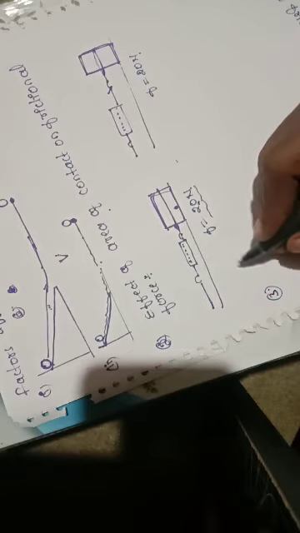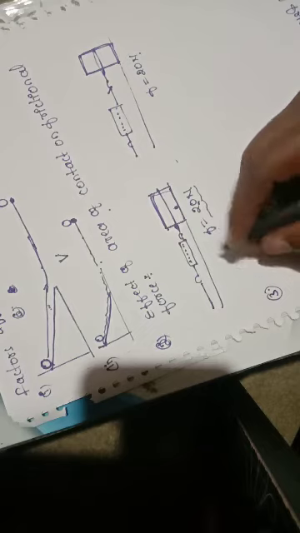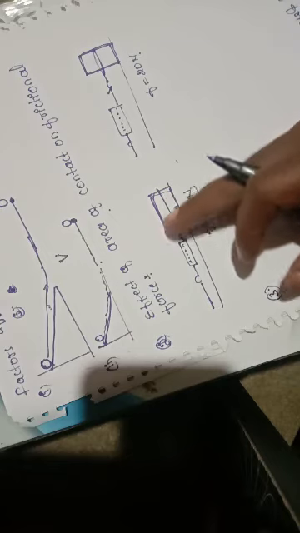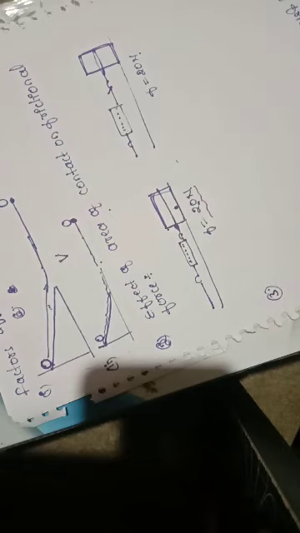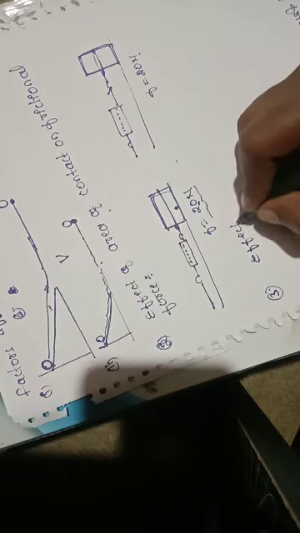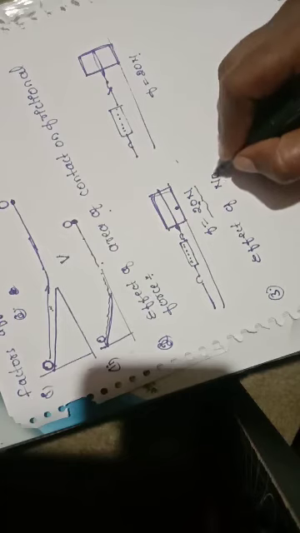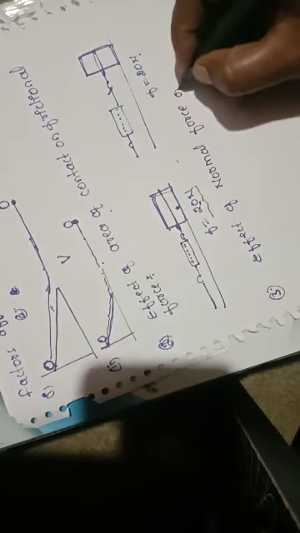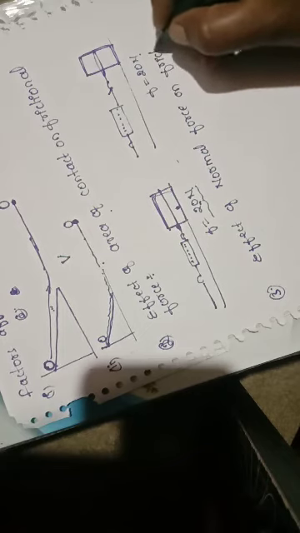So next, third one, let us consider. We already said, right, frictional force appears to be the same in both cases irrespective of the area of contact of the surface. So frictional force is independent of the area of contact. Next, normal force, effect of normal force on frictional force.